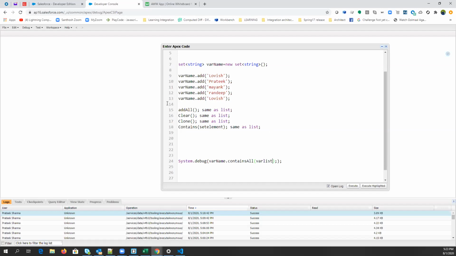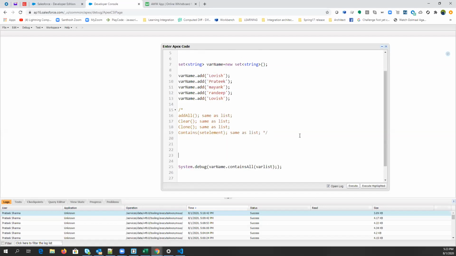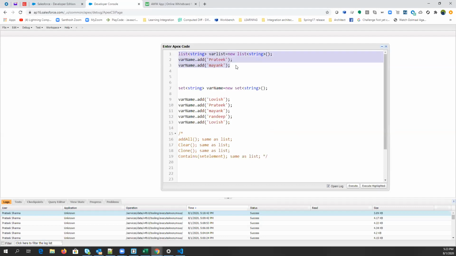We need to pass varList here. Change it above as well, varList. Just give me a minute, let me comment it out. Clear, guys? Do you understand till here? Yes, sir. So we have declared a list. In this list, we have two values, Pratik and Mayank.